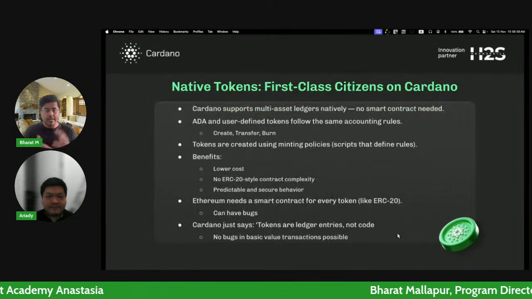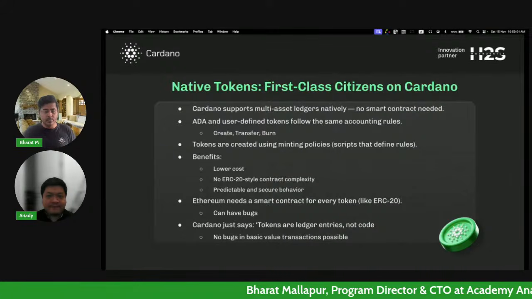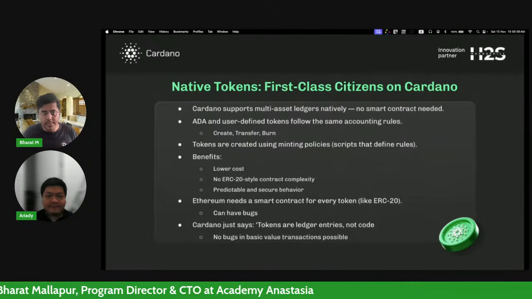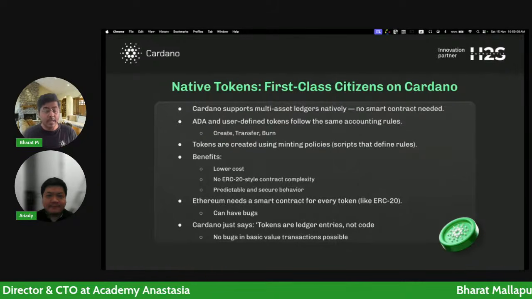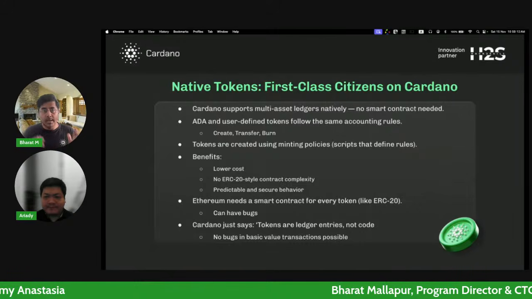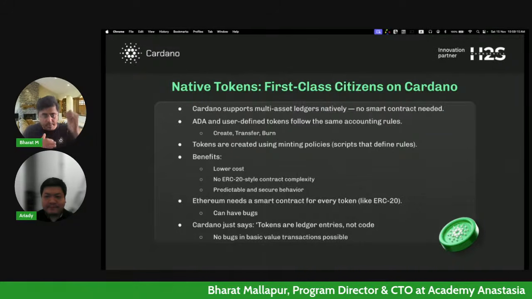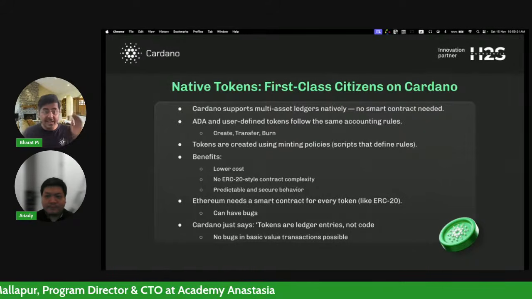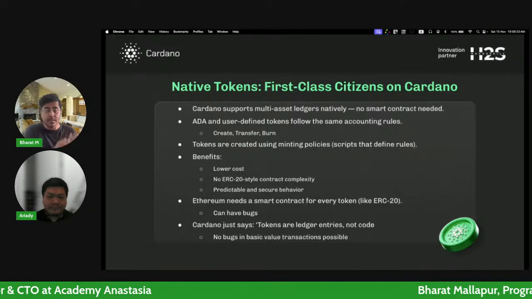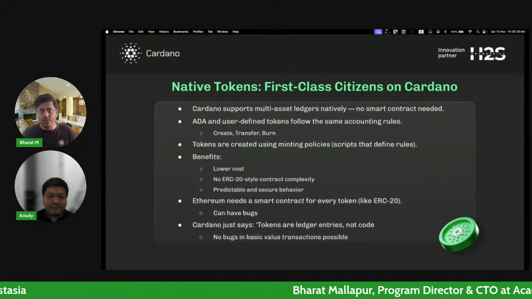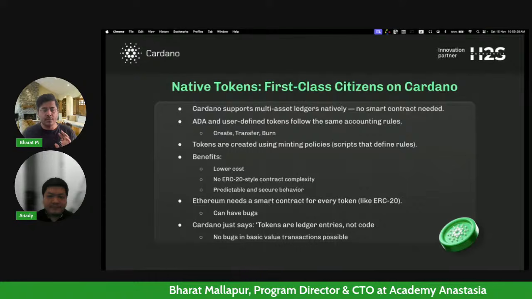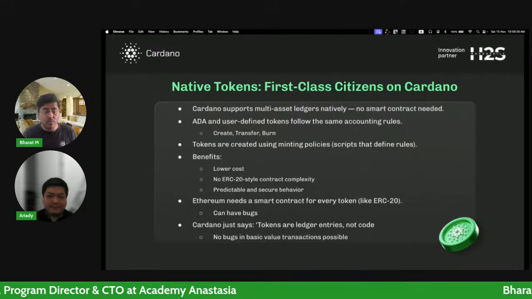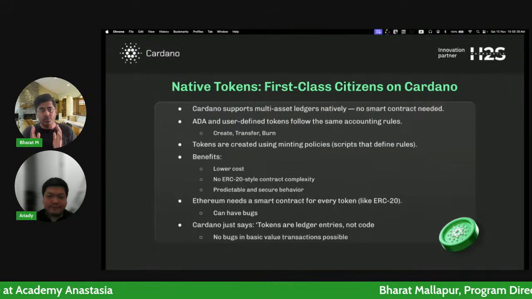So now I talked briefly about native tokens on Cardano. So what's the difference? If you look at Ethereum, whenever I want to create a token on Ethereum, there's no choice. I have to create a smart contract. I have to write the code. And when I write the code, if there's a bug, then my token has a bug in it, right? And every token is implemented separately as a separate smart contract. Now, there are solutions for this, for example, frameworks which you can use to reduce the cost or the complexity of development, to make sure you're safe and sound. But overall, you cannot create a token without a smart contract, right?